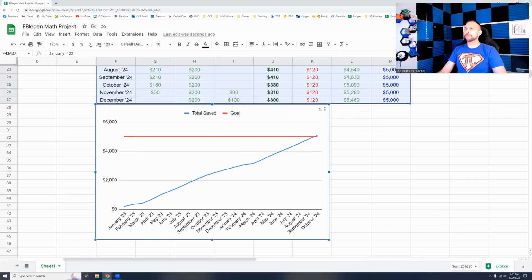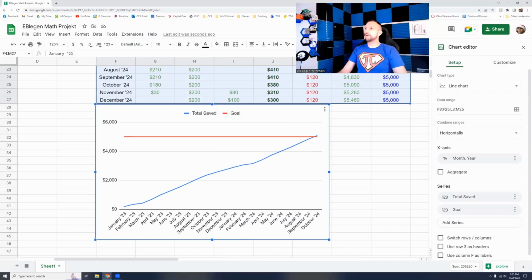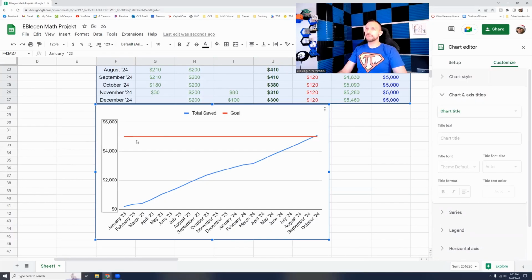But of course, I need the title. So I'm going to double click this. That'll open up my chart editor. I'm going to go over to customize, and I'm going to give the chart a title. My vertical axis is money, and whether it talks about the total saved or the goal is obviously the two different lines. You could add axes titles here as well. I just need a chart title for me, so this is